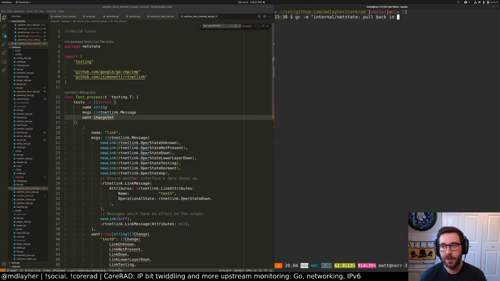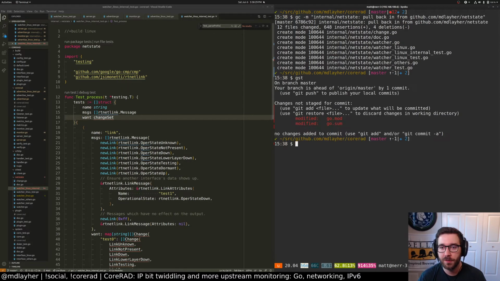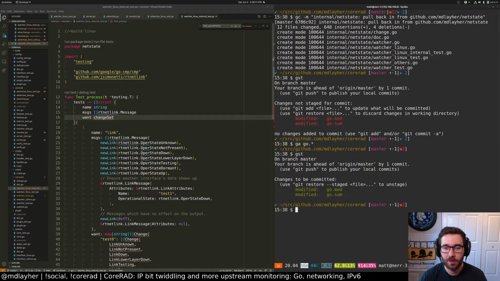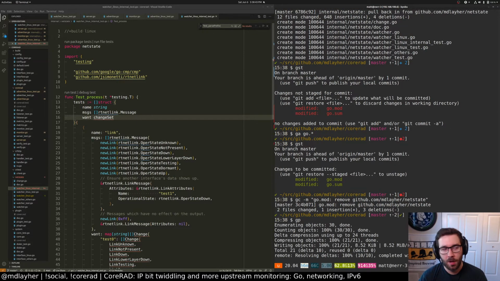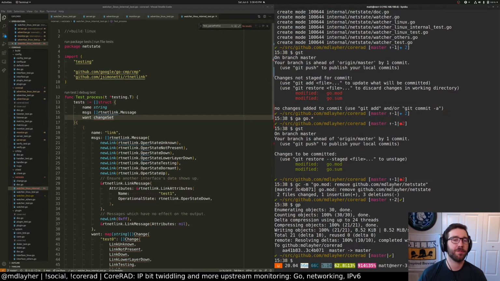Pull back in from github.com mdlayer netstate. Perfect. And go dot star. Remove github.com mdlayer netstate. Okay, so let's figure out why these system tests are failing, I guess, before we dive in any further.